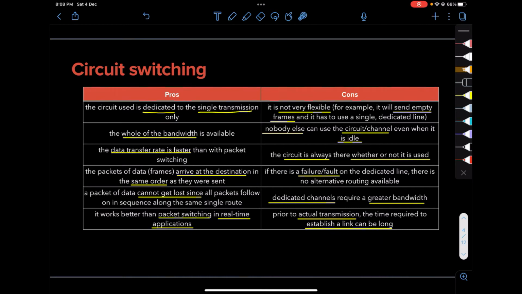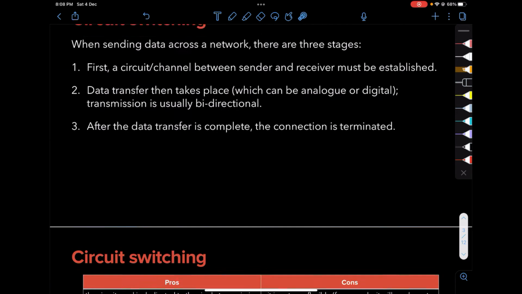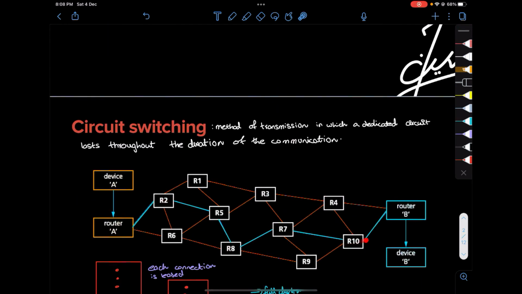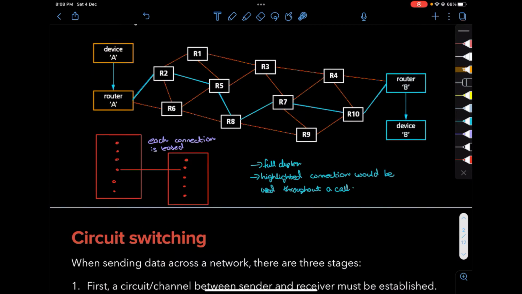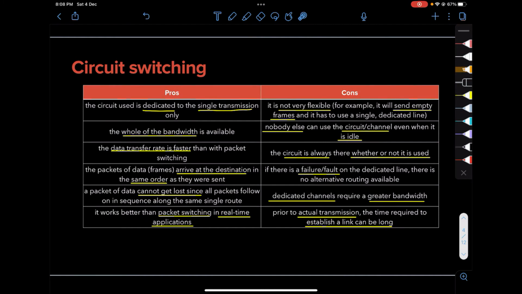The packets always arrive at the destination in the same order as they were sent. Now this is because they're always following this dedicated line. So take for example, if I'm on a telephone call, first my voice, each sentence would go in order, right? So it will go to R2, R5, R8, R7, R10, and this will happen for the same person. When he speaks back, it will follow the same, just inverted path, right? So that is how it works. And a packet cannot get lost since they all follow the same route in a sequence, and it works better than packet switching in real-time applications always, which is phone calls, video calls, live, take for example an online game,